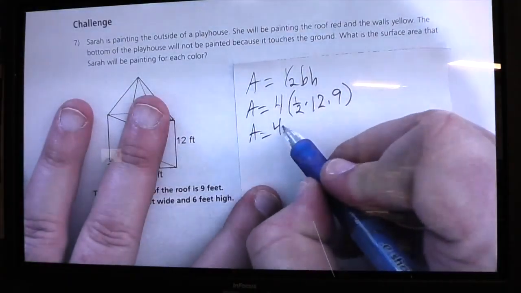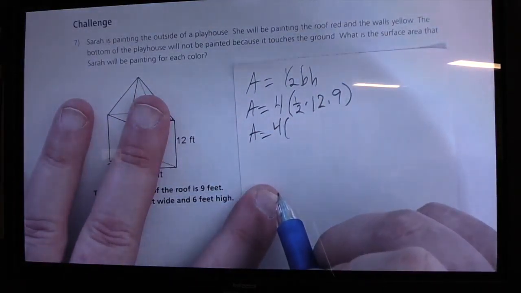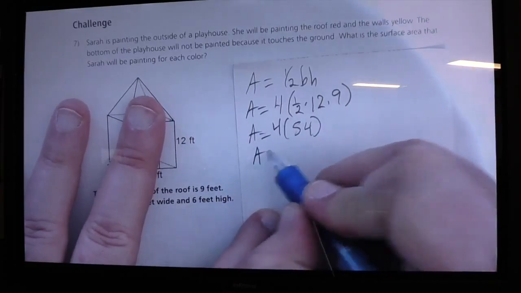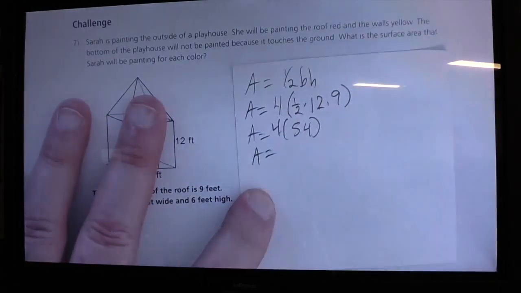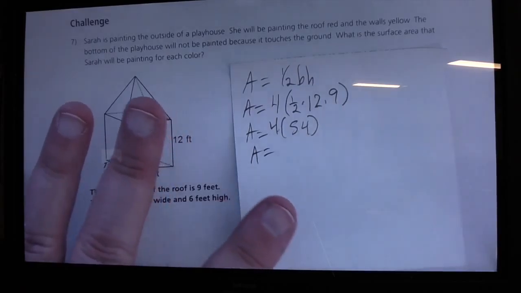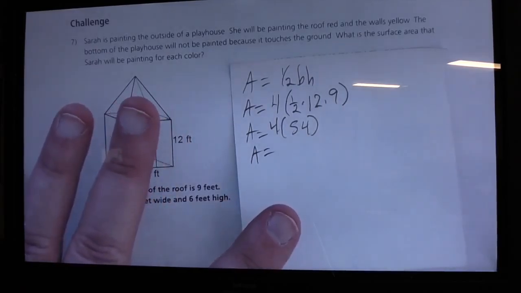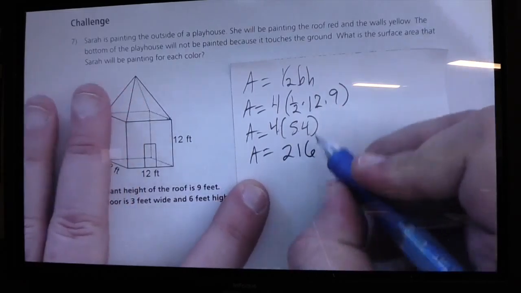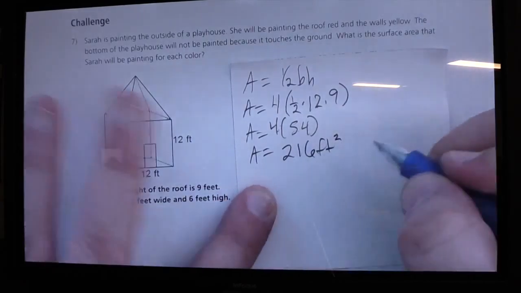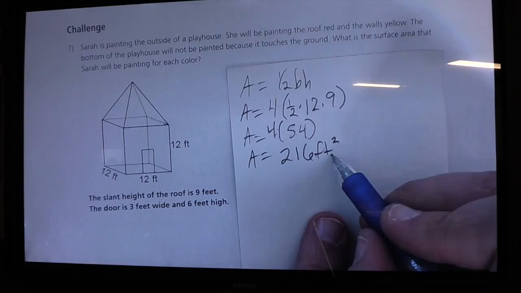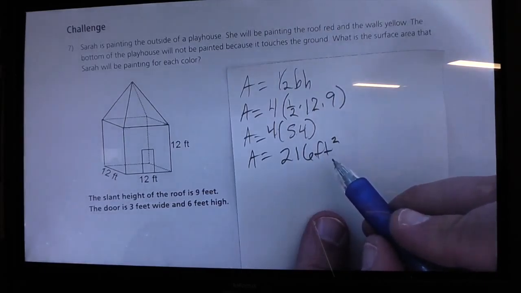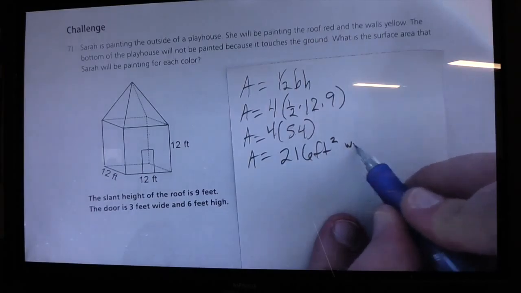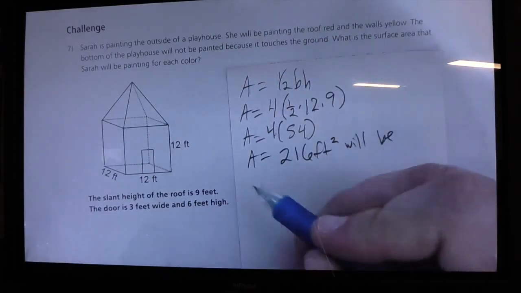I'm going to say 4 times, well, 1/2 of 12 is 6, and 6 times 9 is 54. And then 4 times 50 is 200, and 4 times 4 is 16, so that should be 216 feet square. So 216 feet square is going to be painted red because that makes up the surface area of the roof. So I'm just going to say it will be painted